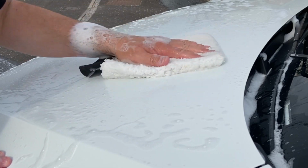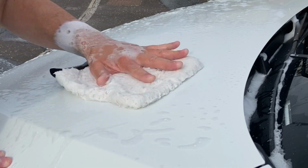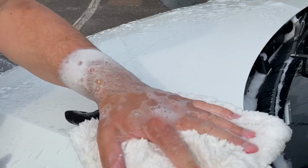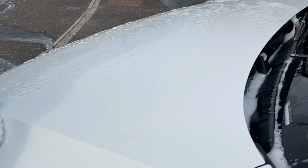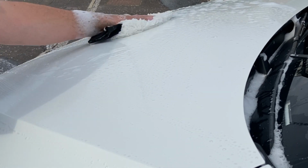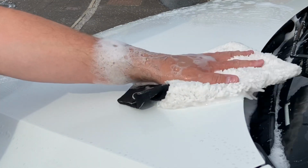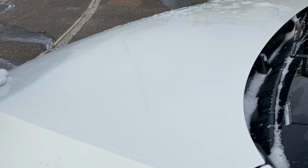Now, this type of mitt that I'm using is a very low profile mitt. You get a very good sense of what the mitt is actually doing on the panel, and it is gliding across the bonnet there with relative ease. Bearing in mind there is absolutely no protection on the car whatsoever, but the shampoo is providing enough lubricity for